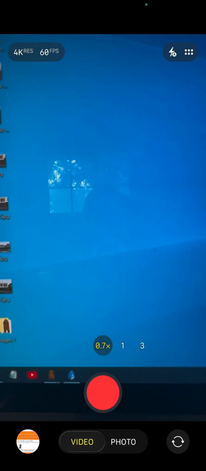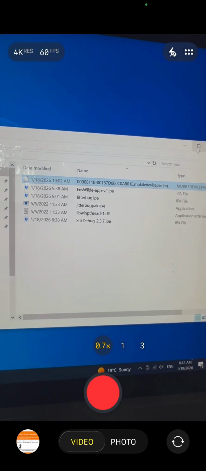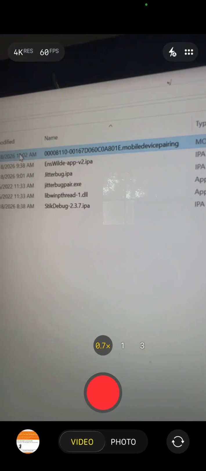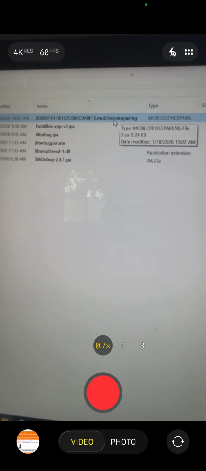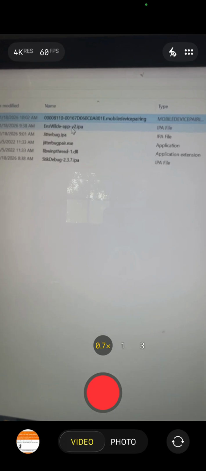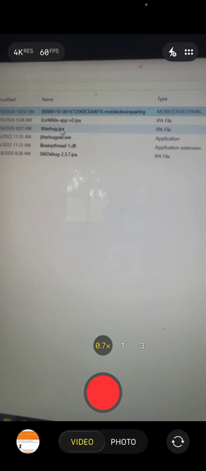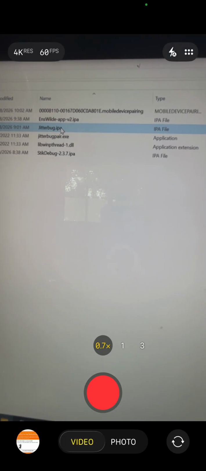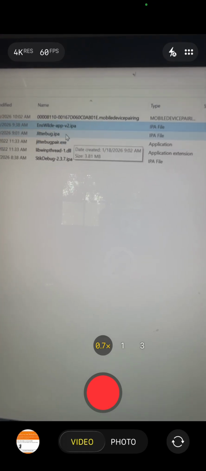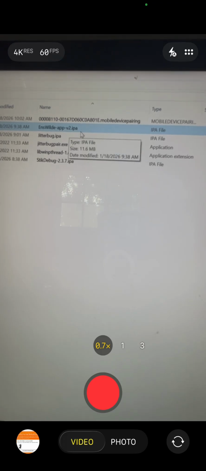looks like this. So it looks like that. Now email that file to an email address that your phone has access to. And now after that, you can delete the Jitterbug app from your phone because we need to sideload the ENS Wild IPA and the